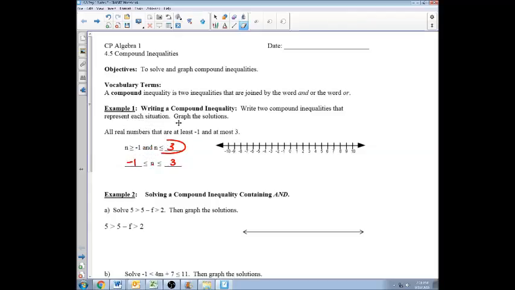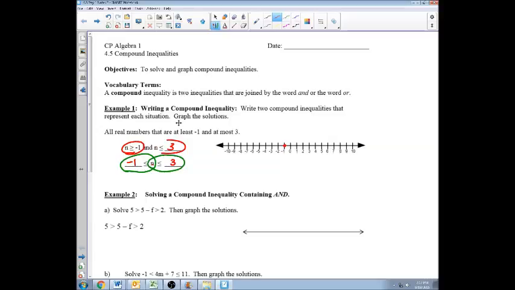Okay? So now what I need to do is go ahead and graph this. So the first thing I'm going to graph is -1 is less than or equal to n. So I'm going to go ahead and go to -1. It says that n is greater than or equal to that, right? So this is how I want to think about it. So my arrow is pointing to the right. But before I go ahead and graph that, I need to also graph n is less than or equal to